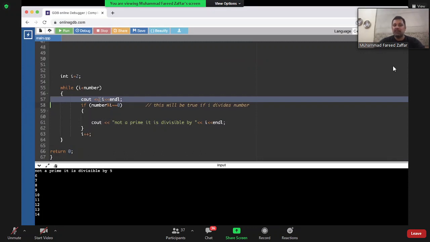जब कोई उसको ऐसा नंबर मिल जाए कि नंबर को उस नंबर से डिवाइड करो तो रिमाइंडर 0 आता है, वो कहेगा this is not a prime because I found something that divides you completely. और वो उसको प्रिंट कर देगा. So this is all there is to the code when we are trying to find a prime number.